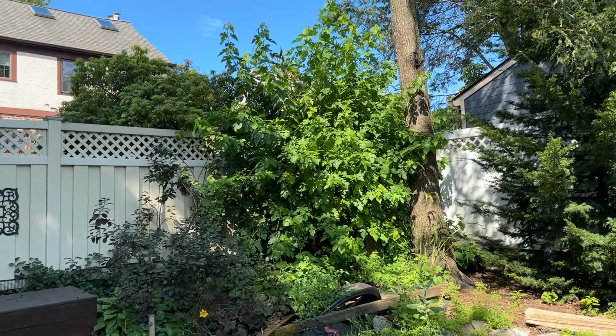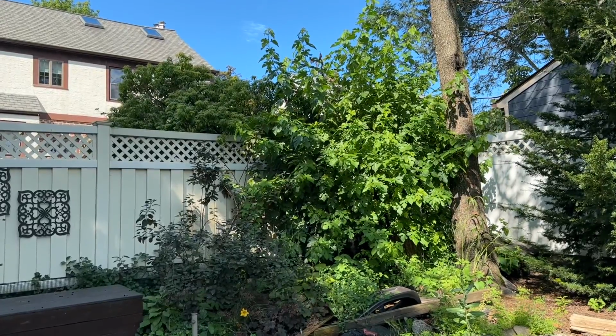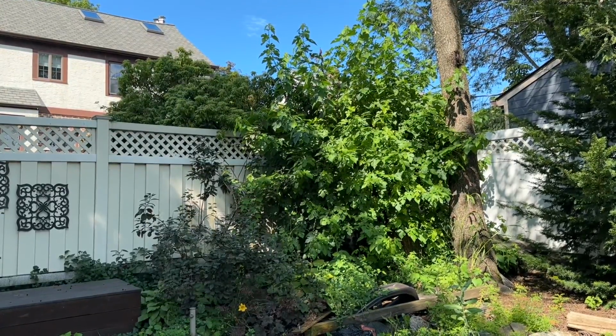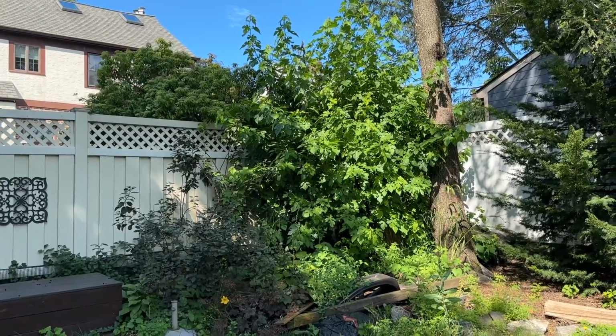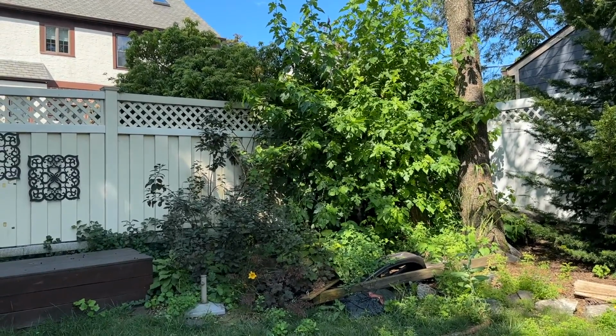So I wasn't aware that I needed to put some type of stump killer on it. I didn't know that suckers would